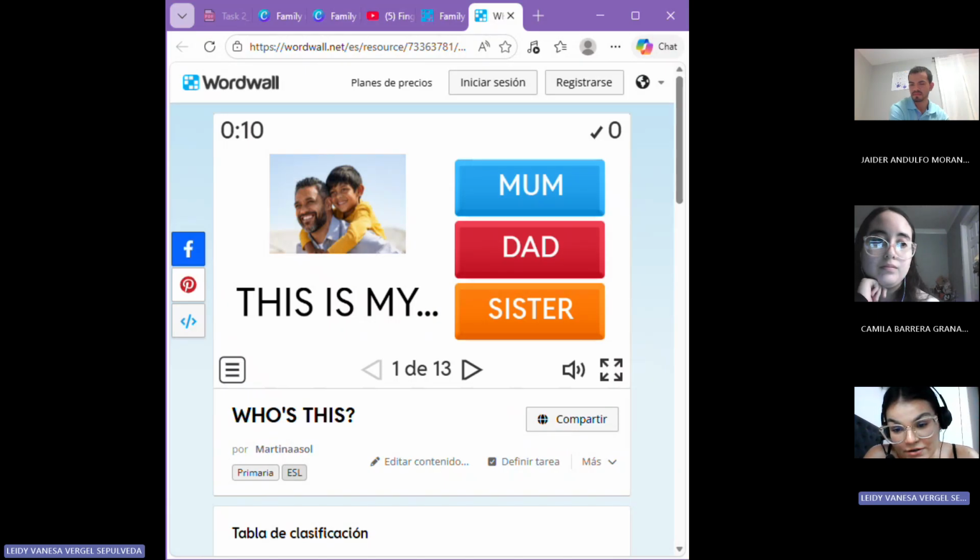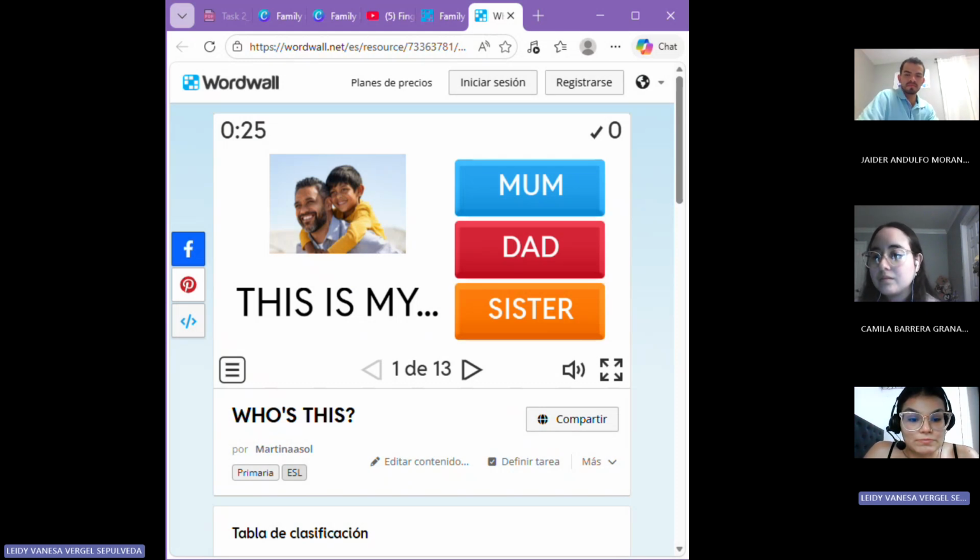So these resources are not random. They are selected to support engagement, comprehension, and retention for the children. And yeah, this is all.